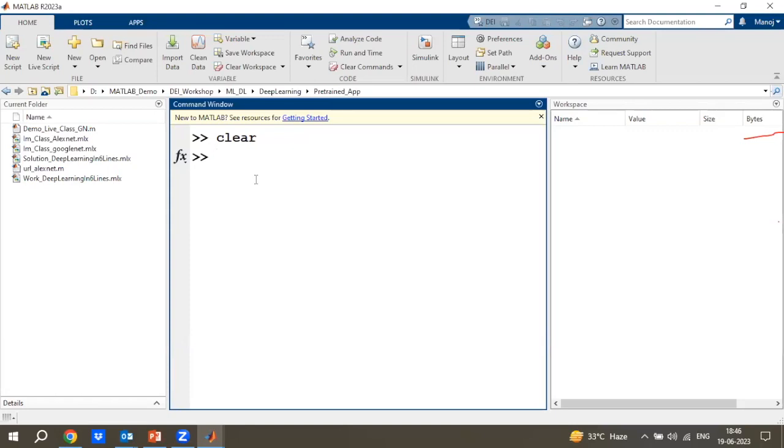So what you have to do is make folders of different types of images. Suppose in one folder you keep all the types of motors, maybe servo motors. In another folder you keep different types of voltmeters or different types of devices. If you pass those images into this AlexNet, it will not classify your images, because maybe your data is new. So how can you classify your new data